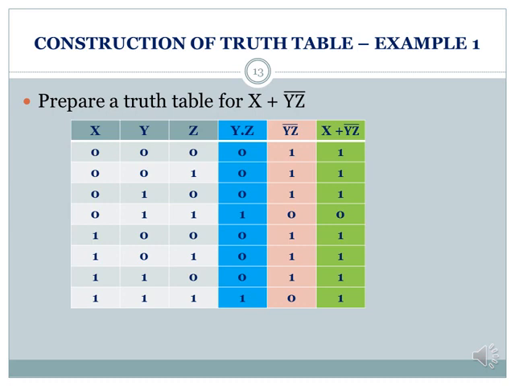At last we need to find x plus yz whole bar. This is our final expression, so we need to conclude with the result. We add the x value with yz bar. If both the values are 1, you will get the result as 1. If both the values are 0, you will get the result as 0. If any one of the values is 1, you will get the result as 1. It's nothing but your logical addition. Logical addition always gives 1 if any one of the inputs is 1.